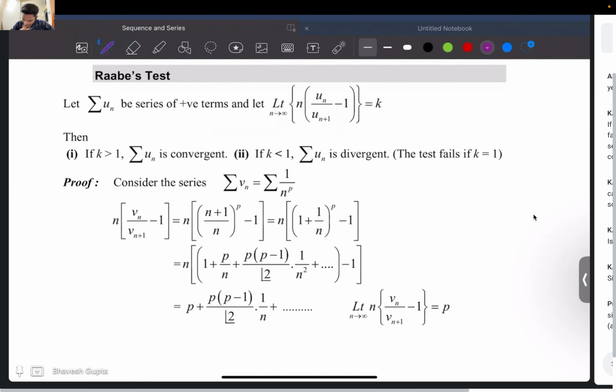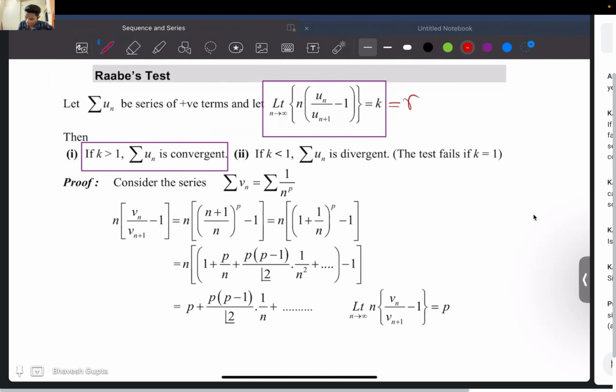So the idea is that this test tells you, by calculating this limit, you have to see which part this k falls under. If k is greater than 1, we say it's convergent, otherwise it's divergent. So you can see here it gives the opposite thing, right? Because in the case of the ratio test and the root test, we saw that when L is less than 1, it gives us convergence. But here we see it's greater than 1, and also over here,